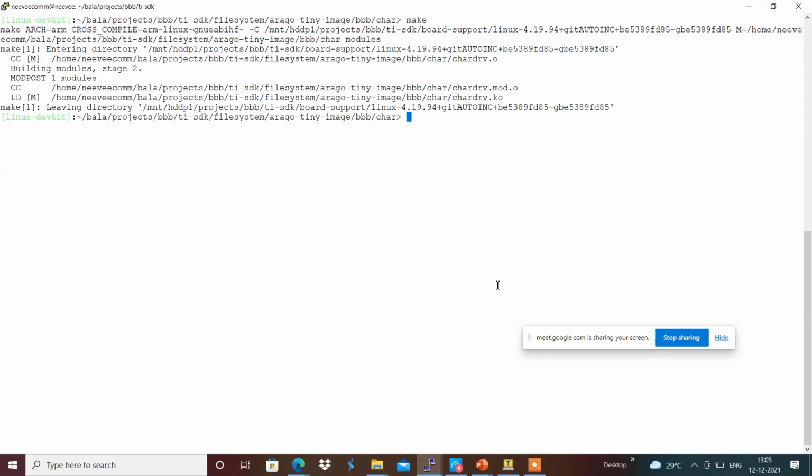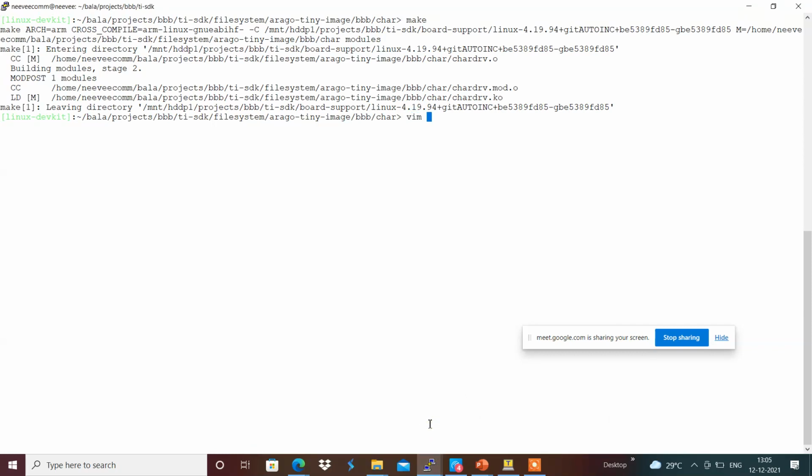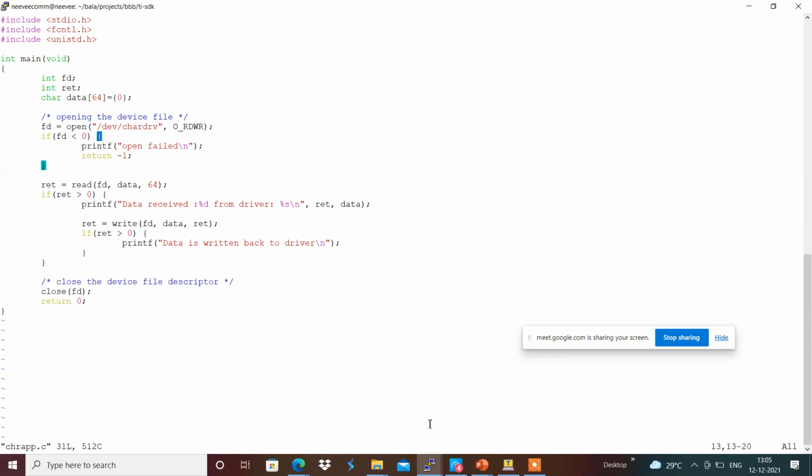For example, I am going to use char_app.c, and I wanted to use something like a struct pollfd, which is used for defining the polling functions, and poll is used to get access to polling from the user space, and we can use this poll API in order to do something like over here. For example,